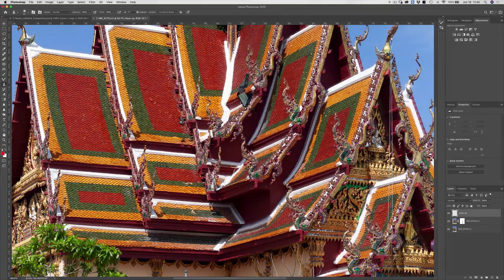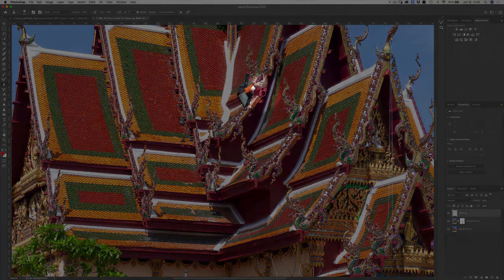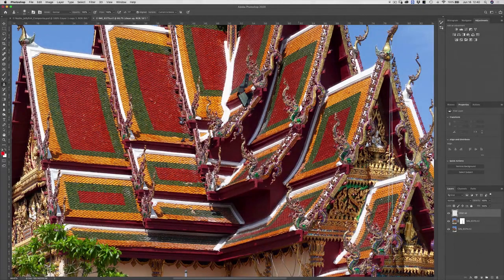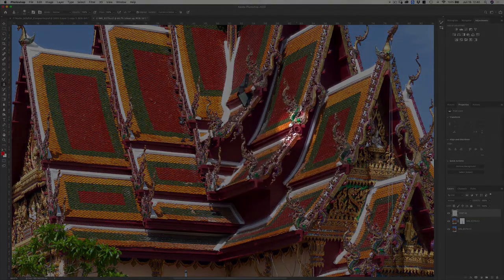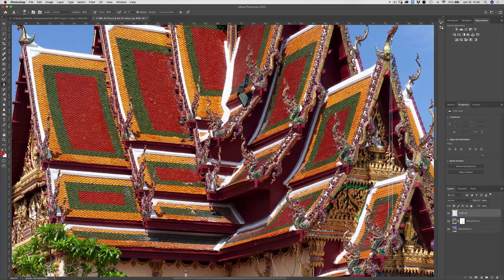But what I want to basically drive home is that we have very repetitive elements in this image. You can see right here we have the T shape of one of our awnings, and we also have the same or a very similar T shape here. So what I could do is Option or Alt and click on this T shape, which doesn't have any issues. Then I could come up and align it up here where we do have the problem, and I can paint over with extremely similar elements and really allow this clone to look the best it can possibly look.